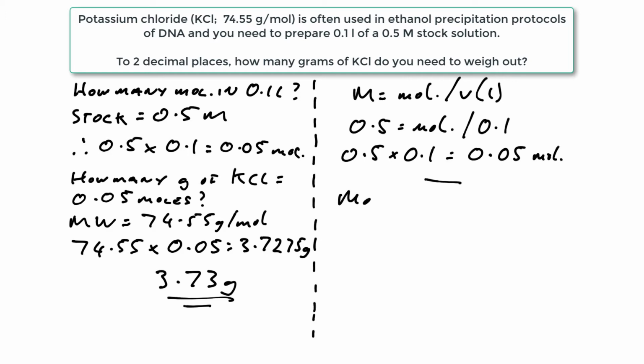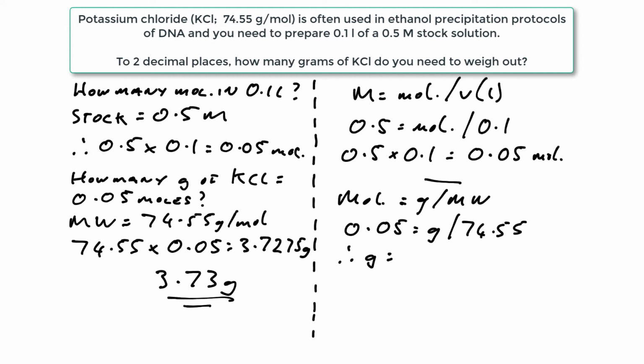Now, the number of moles present is equal to the grams divided by the molecular weight. We know that the number of moles present in the solution is 0.05, and this is equal to the number of grams divided by the molecular weight of 74.55 grams. Therefore, the number of grams present is equal to 0.05 multiplied by 74.55, and this gives us an answer of